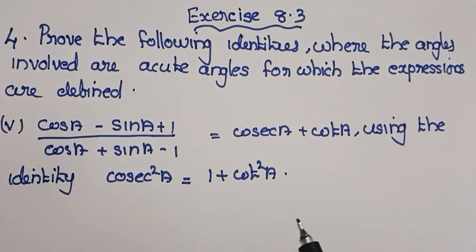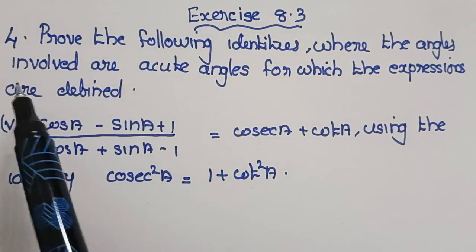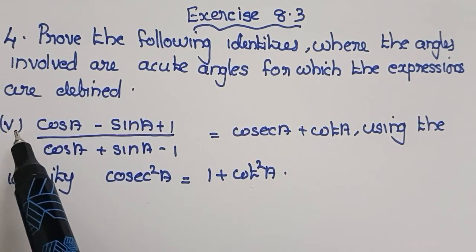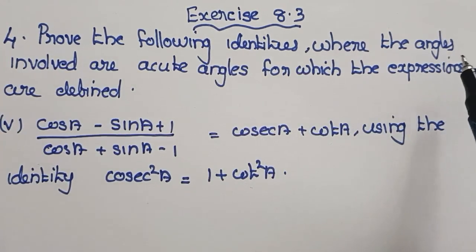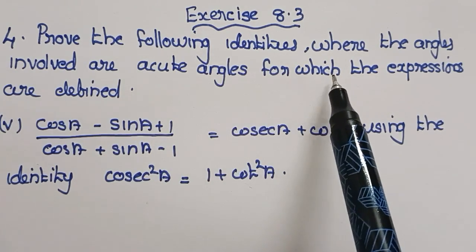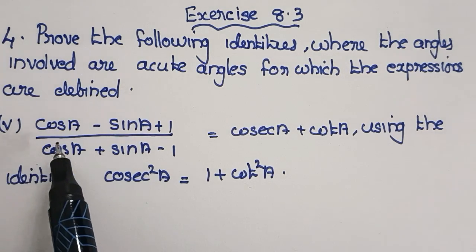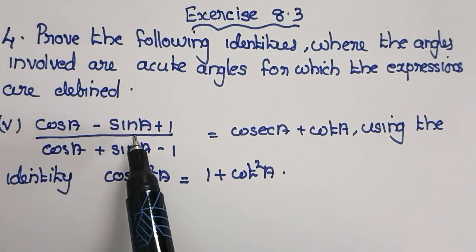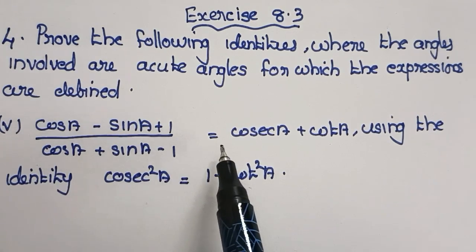Hello students, today we are going to study exercise 8.3, fourth question, fifth part. Fourth question: prove the following identities where the angles involved are acute angles for which the expressions are defined. Fifth question: (cos A minus sin A plus 1) by (cos A plus sin A minus 1) equal to cosec A plus cot A,